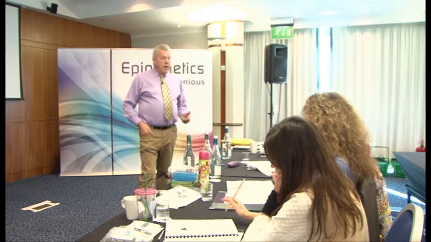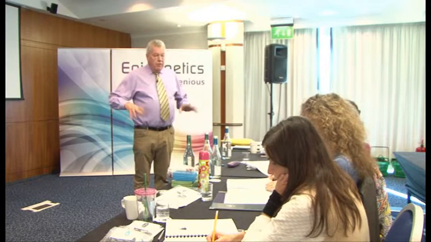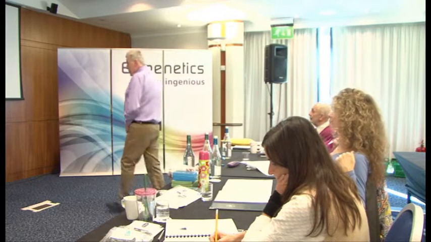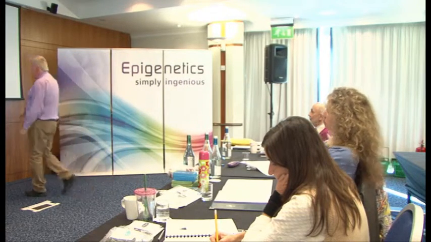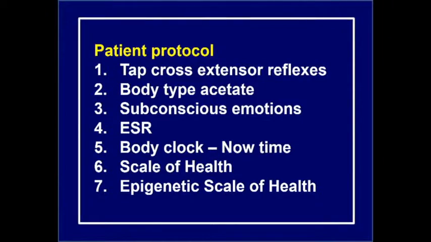So you've got S-adenosylmethionine, SAM, you've got alpha-lipoic acid, you've got CoQ10, and you've got vitamin C. So these are all coenzymes which are not vitamin Bs, but the rest of them are the active forms of vitamin B. So scale of health we'll do on each other, epigenetic scale of health we'll do on each other. Now,